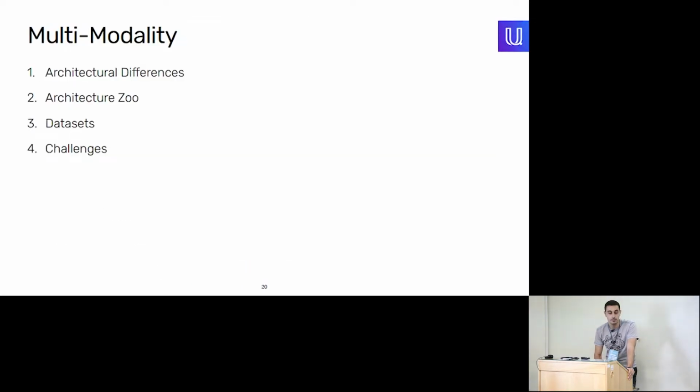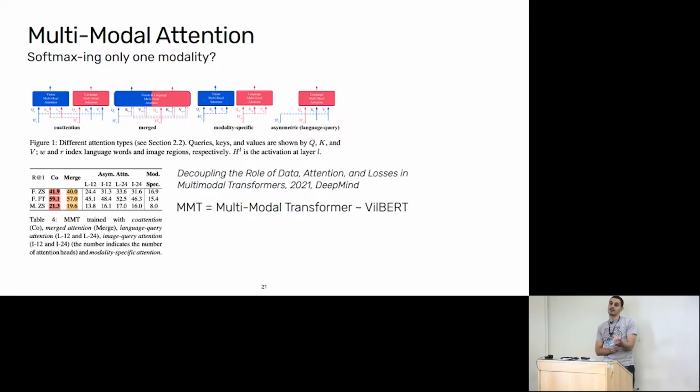We'll focus on a couple of primary architectural differences between those designs. We'll talk about the zoo of the models that was produced by different combinations of those architectural choices, not inclusive, obviously. We'll cover some of the data sets that are used to train those kinds of networks and the big challenges that we face. But all of this will be in a horribly mixed order, so I'm sorry for that. So the first part is, like I mentioned, that today all of those architectures are just transformers all around.